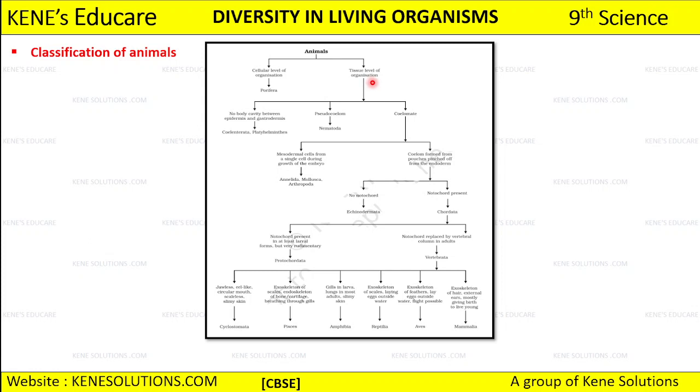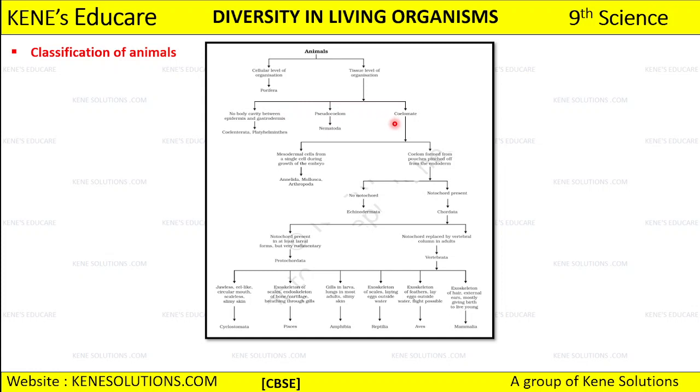Now the cellular level of organization we can see in phylum Porifera, which is the first phylum that comes under kingdom Animalia. So phylum Porifera is going to have cellular level of organization,